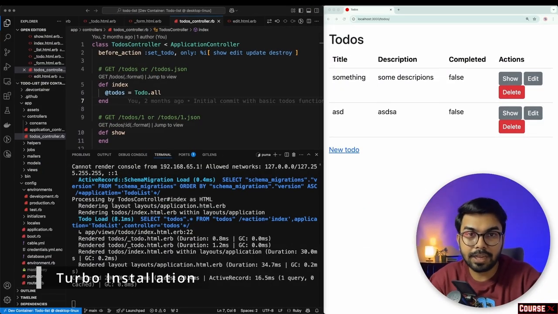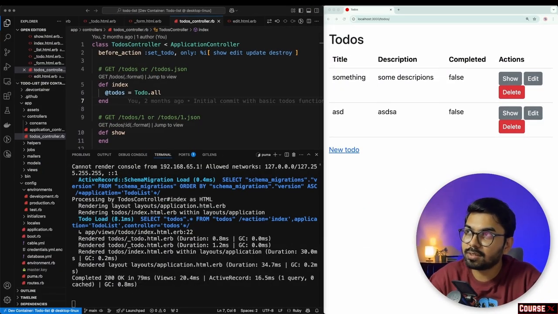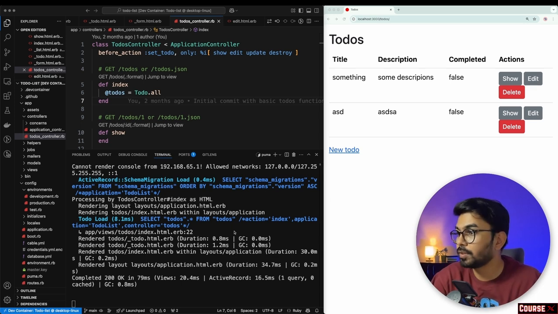Hello everyone. So in this video, we will be implementing Turbo in our application. So let's go. Here we have our application running. In this application, we will have to install Turbo first before implementing it. So let me just stop the server,